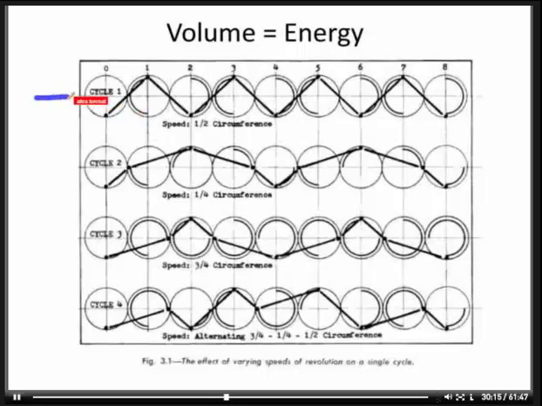You can see in the top panel here, this is basically a cycle that is going through a half-speed revolution. So speed we're going to liken to volume at this point, and take a look at how that's going to affect the shape or the overlay of how the market works. With the half movement, we get this really clear jigsaw up and down of a cyclical movement. This would be likened to a perfect cycle, or what most people look at when they're looking at cycle movements. They're looking at the 13-week cycle, the 3-month cycle, and they're really only accounting for the same speed or the same volume energy within the market.